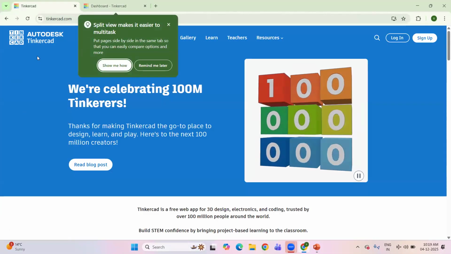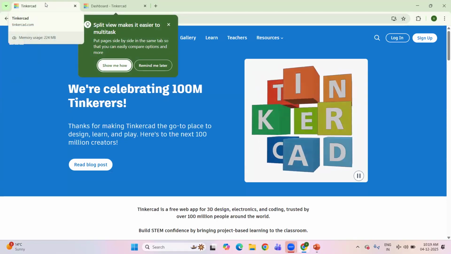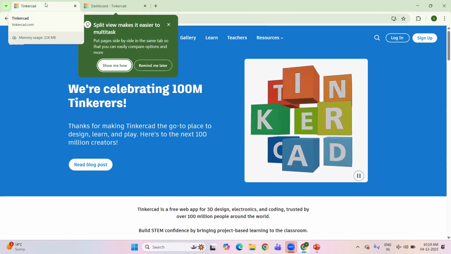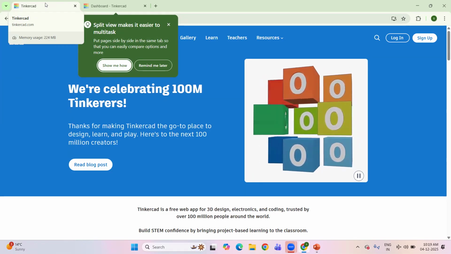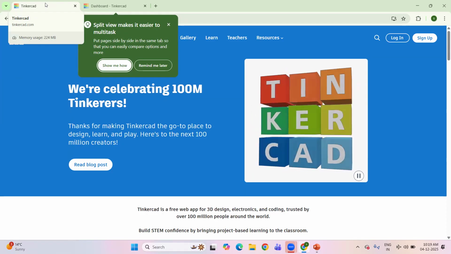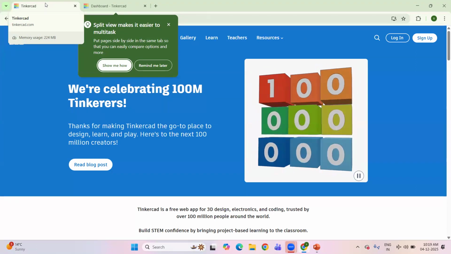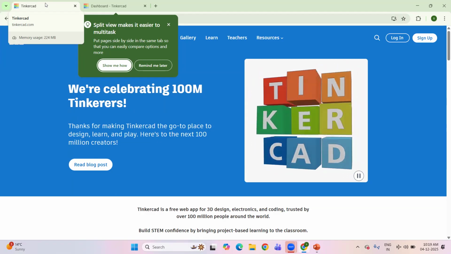As you can see here, after writing the URL www.tinkercad.com, you have to press enter, and then you will now see the home page of Tinkercad. So this is the home page of Tinkercad. Okay,